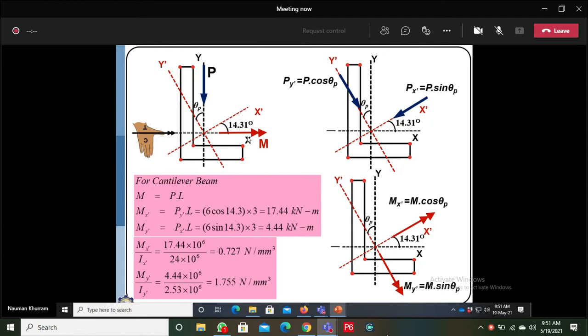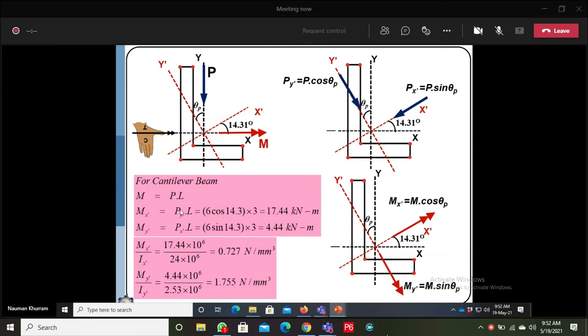The direction of the moment vector I have determined by the right hand rule. The moment vector has an angle from the x axis. The component of the moment acting along the x bar or x principal axis will be referred to as Mx bar, and that will be the cosine function of this resultant moment. And the component of the moment vector acting along the y principal axis, which also acts away from the origin, will be the sine function of the resultant moment, and that will be regarded as the moment acting about the y axis.